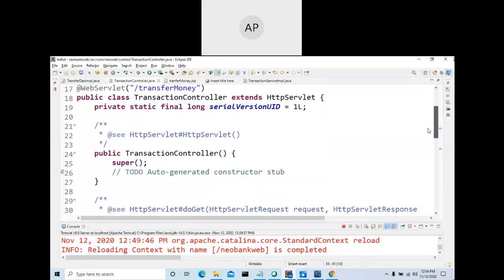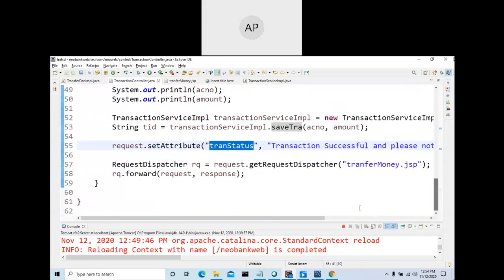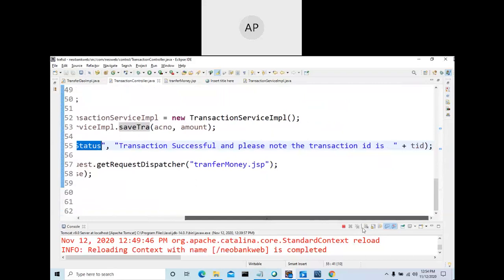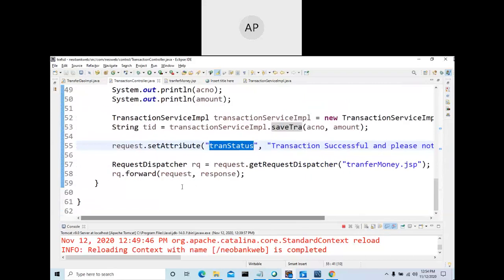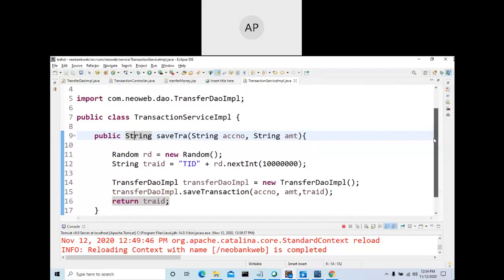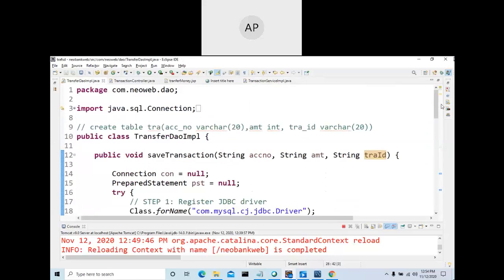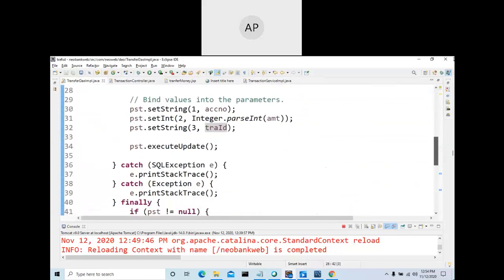See here, this is the JSP page, and this is the controller servlet. This is the service.